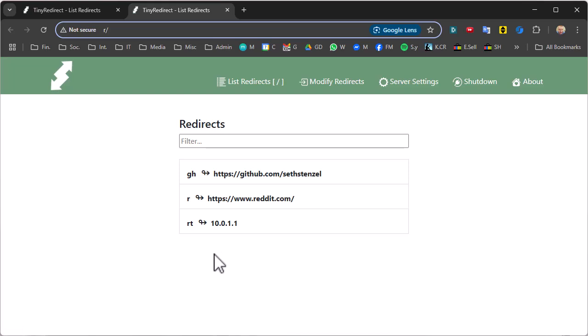So I had several different servers. I had like a Grafana server and a Proxmox server and a router, and they all had these different IP addresses, and I didn't really want to have to keep track of them, and I didn't want to have to do some sort of local DNS or anything like that. So I just decided to go ahead and create this little alias